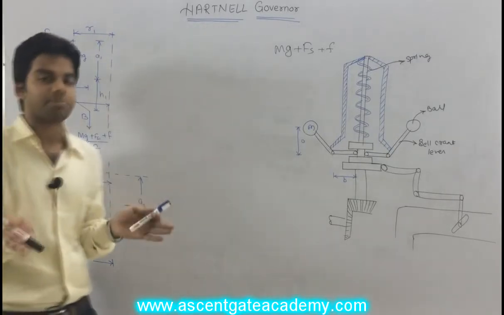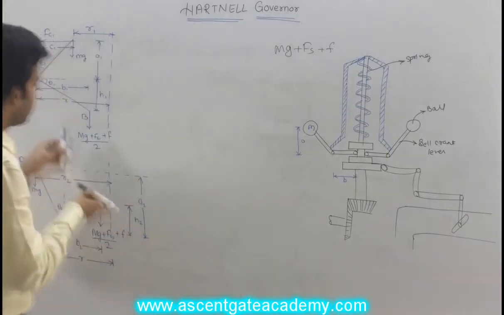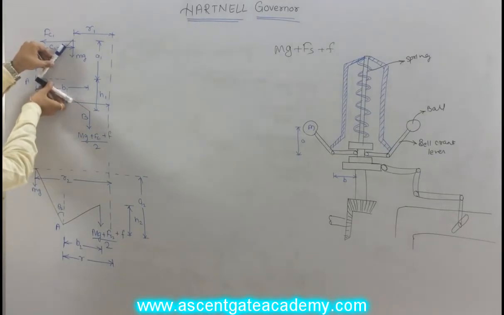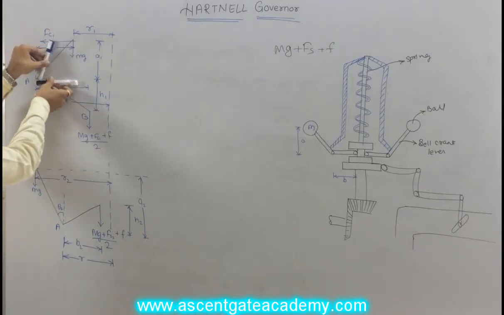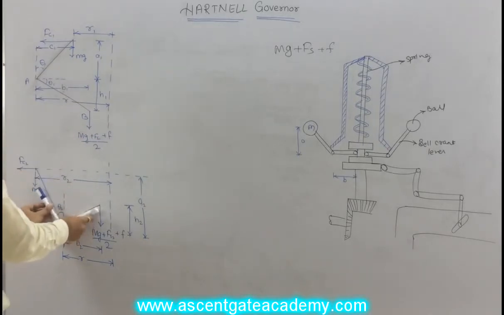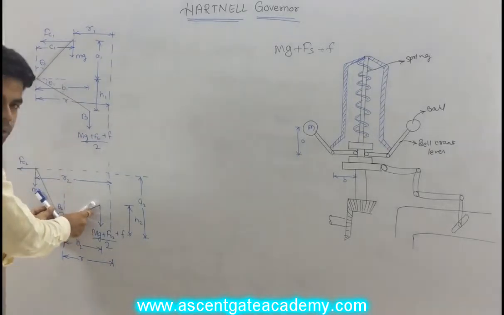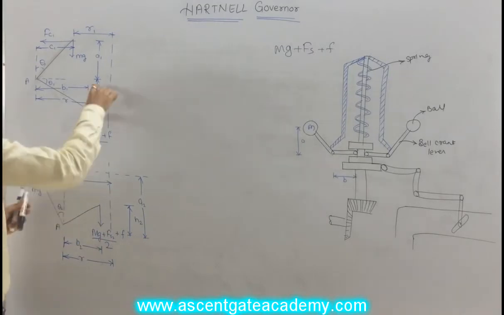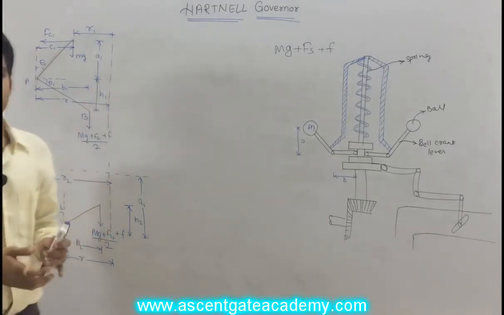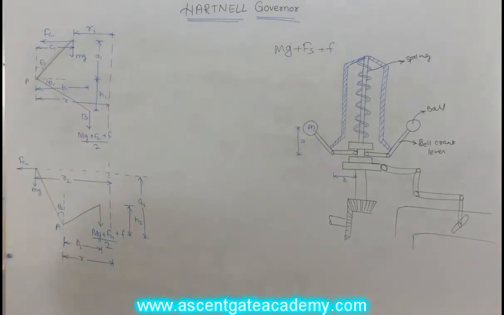Okay, so the total displacement of the sleeve. What will be the total displacement of the sleeve? Initially the sleeve was like this. Here it is moving h1 up to the mean position, and after h1 it is moving h2 after the mean position upwards. So the total displacement of the sleeve will be equal to h1 plus h2. Getting this or not? So okay, I think this figure is clear.